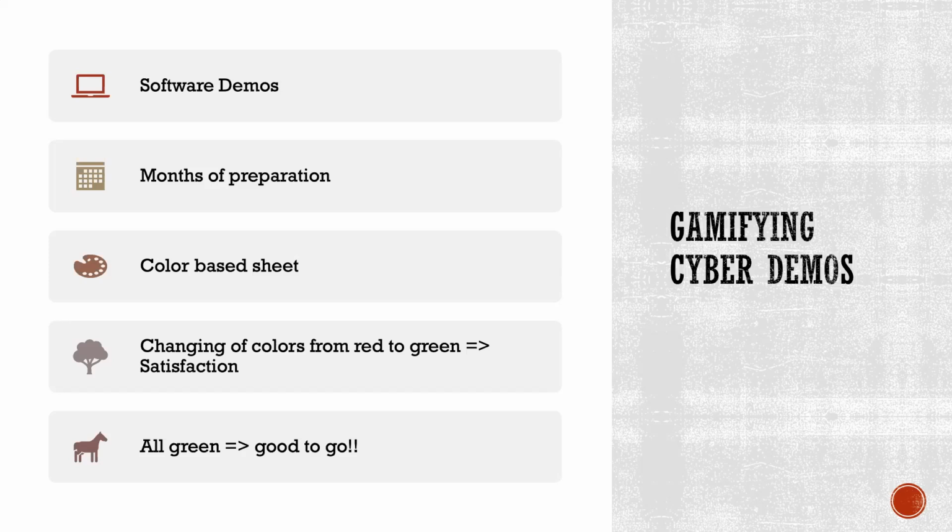And when you say a cyber demo, it's not as easy as installing a software on a computer and showing what it can do. It's more involved, as in we need to install a bunch of software on different computers over a network and see how they communicate with each other and how they defend against different sorts of attacks.